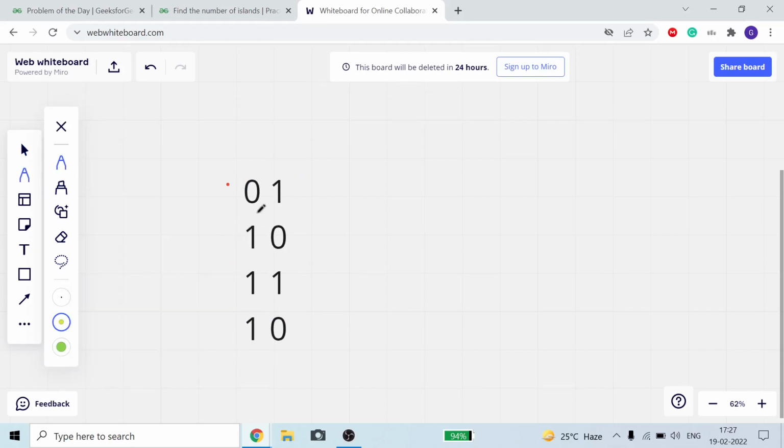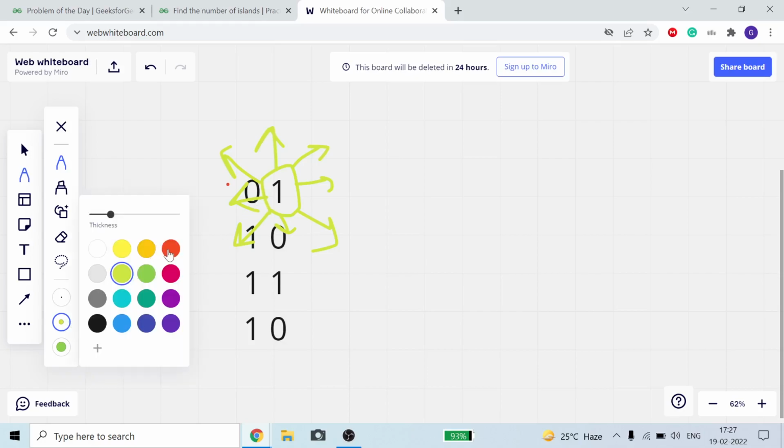Here we are finding our island, and when we are at this particular block, we search in eight directions: first, second, third, fourth, fifth, sixth, seventh, and eighth. If any or all of these directions contain a part of land, then that part will be considered as part of this island.